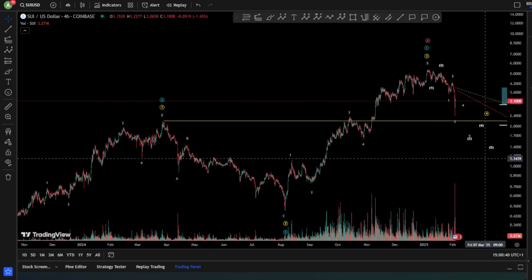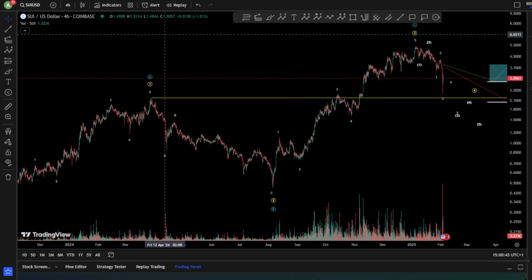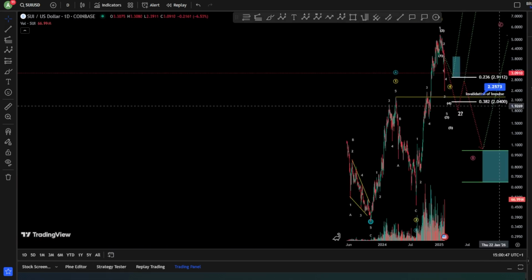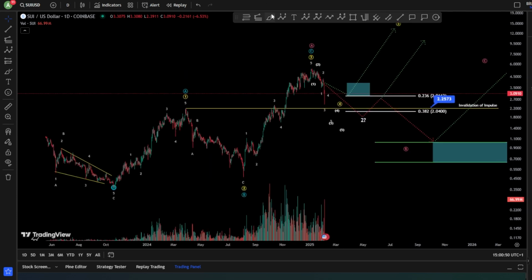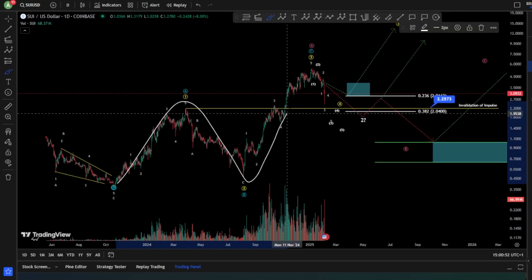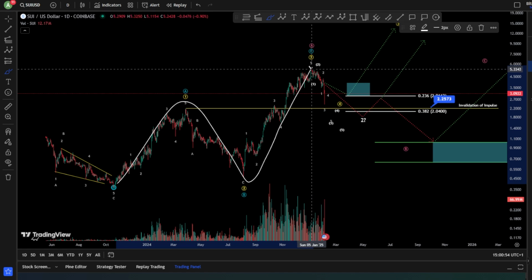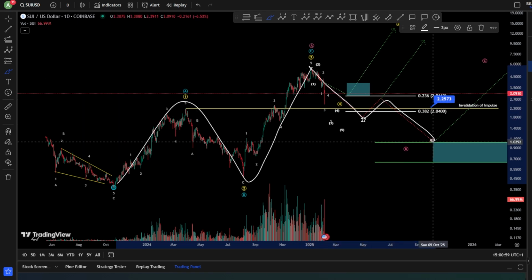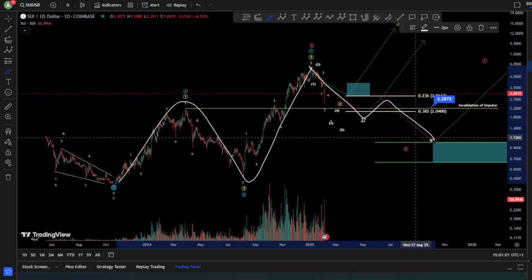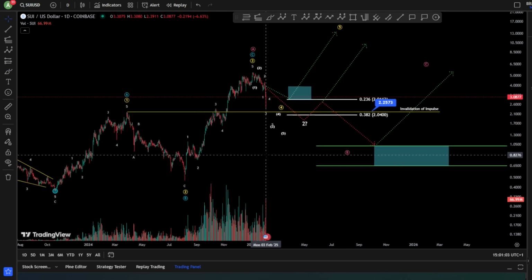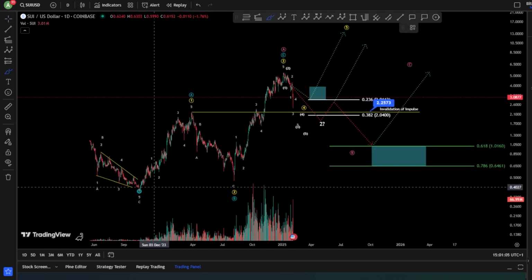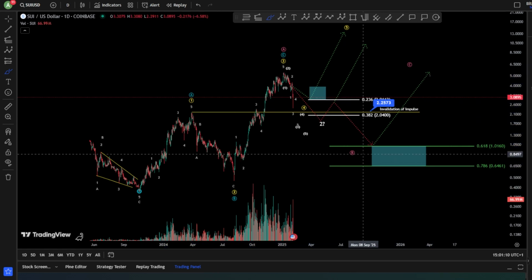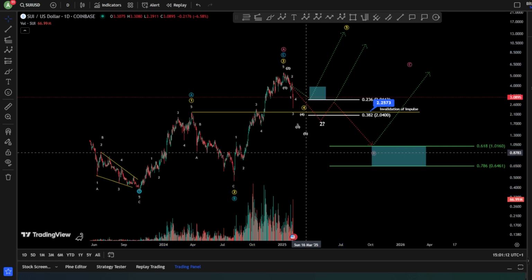And we might be in something different, such as the blue scenario, which we're going to see on the daily here. On the blue scenario, we have an A, B, and a C probably finished. In this scenario, it opens for 3 corrective waves toward the downside, meaning 3 waves up, 3 waves down, and 1 more wave up. Meaning the magenta scenario might be unfolding.